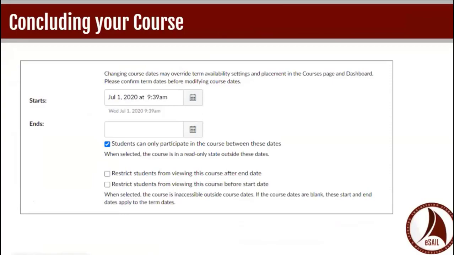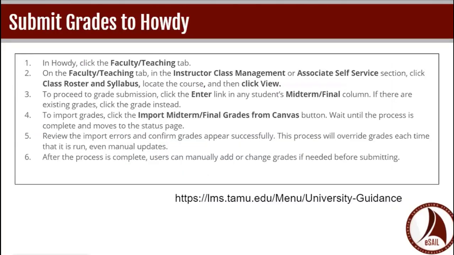Okay. So another thing you might note in the same place is concluding your course. And this is usually automatically populated by AI. And then you would want to just check and make sure that those settings are set to your liking. Submitting the grades to Howdy.